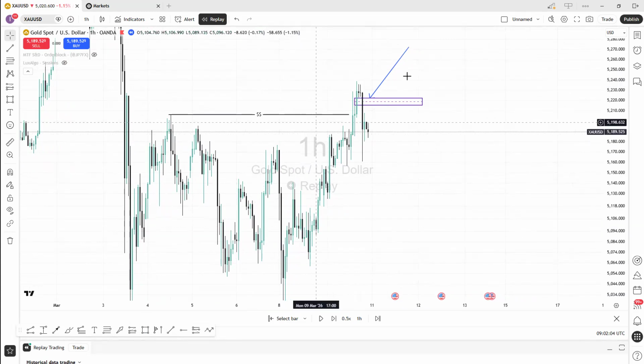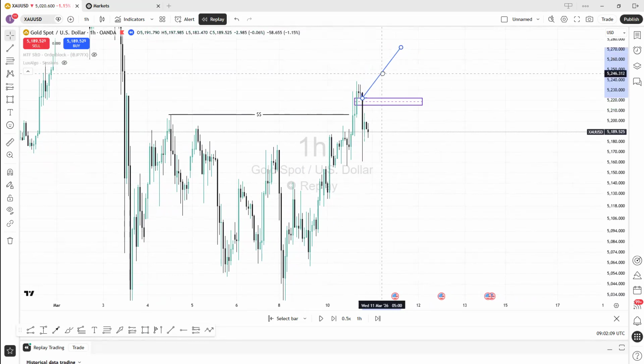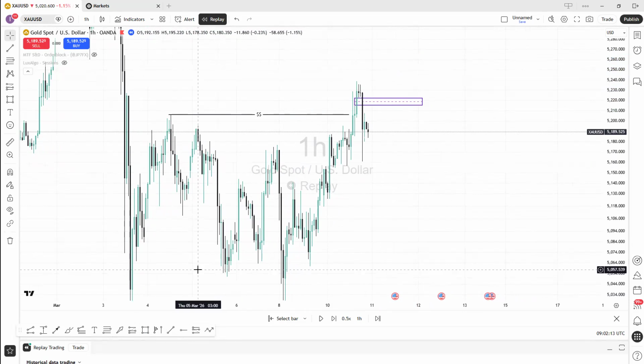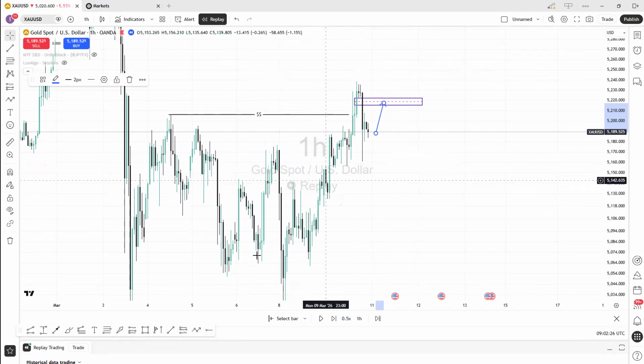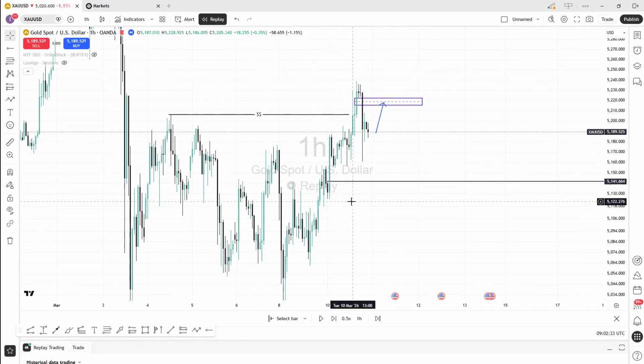So the major factor here is that a liquidity sweep and creation of that FVG will give a better setup on gold. So now we're supposed to wait for a retracement to that inversion fair value gap, and then we'll take a short position. So when we take a short position, where will our target be? Our target will be this point of interest or support area